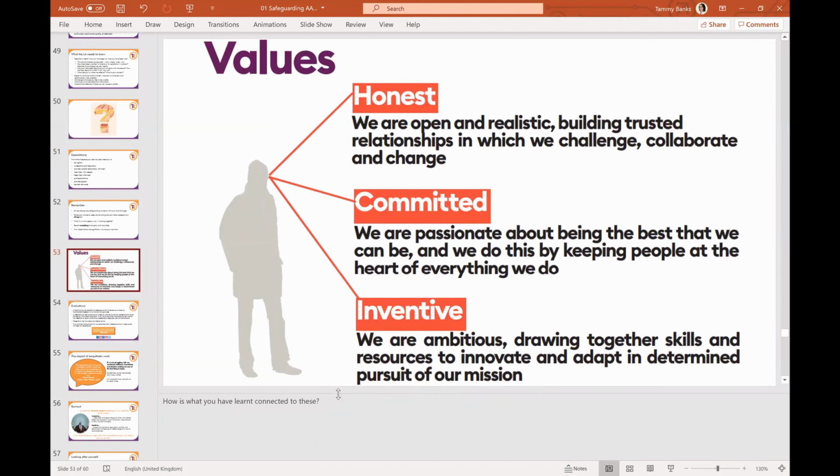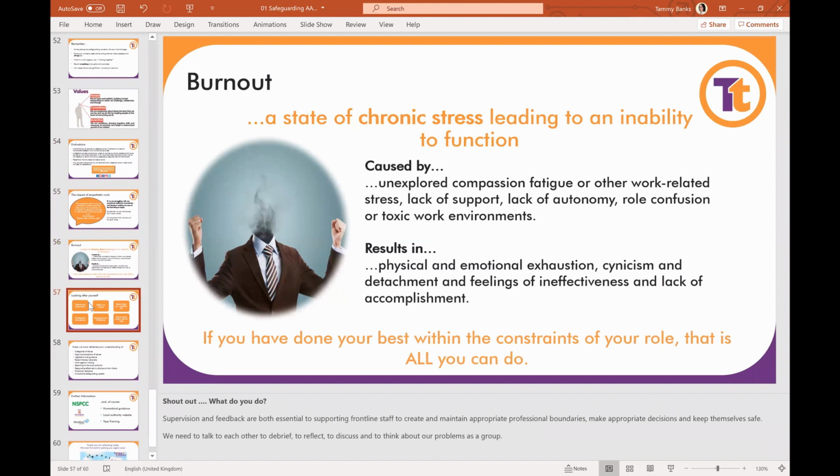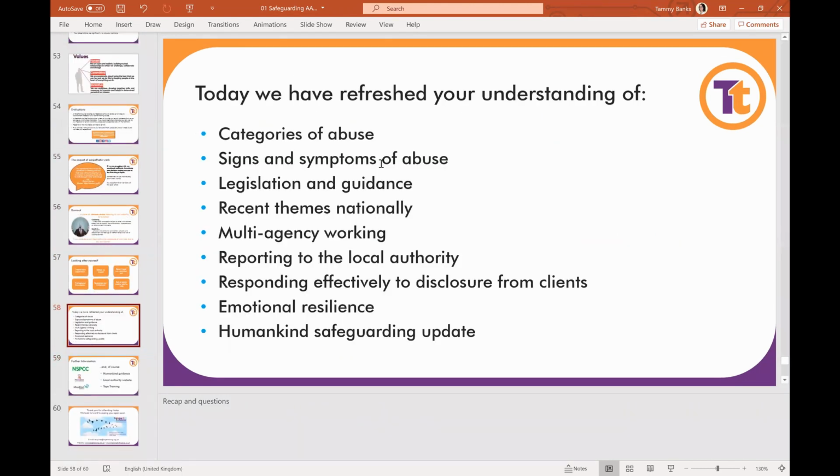And actually, could this be done as a slider or something that's then kept? How is safeguarding, and what you've learned, connected to your values? Then ask each of them to write something about it, because that would be awesome to send back to humankind. Yeah, we can do that, because you can enter it so it looks like speech bubbles. They've got freehand text, so they can type in what they think those words mean. Then it comes up with a load of bubbles of what people have entered. We can then screenshot it and send it back. Then we're always going to finish on that, and we'll change it to reflect on the other one.